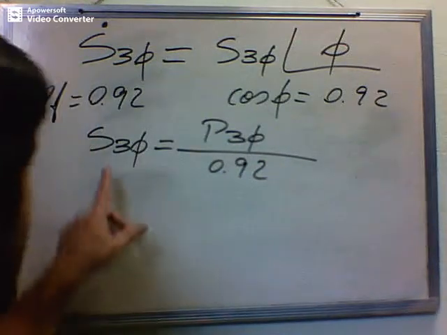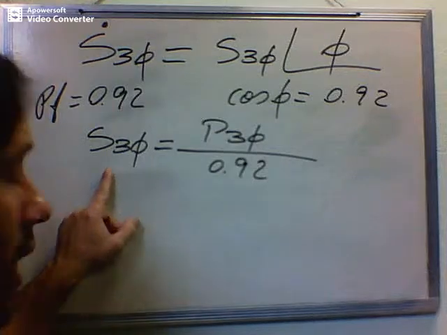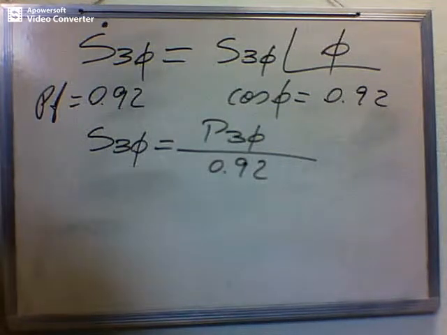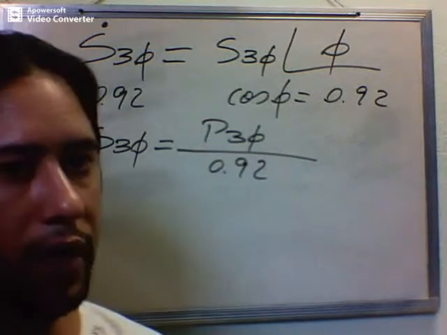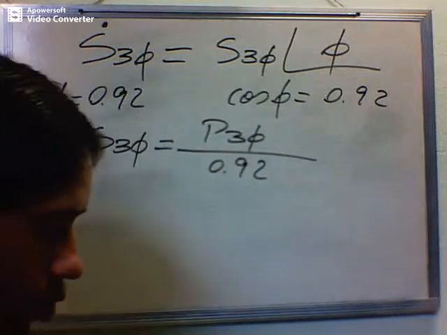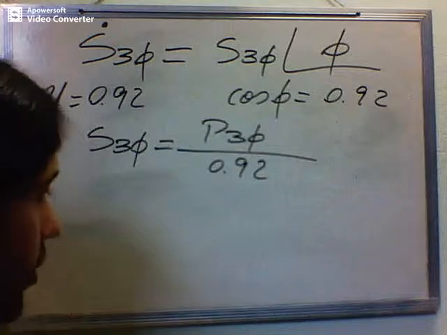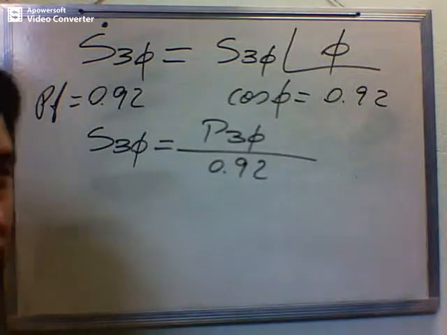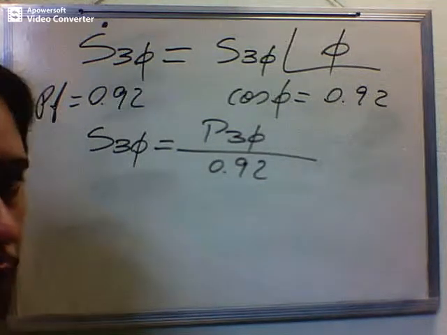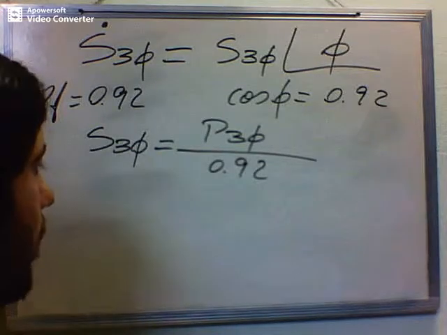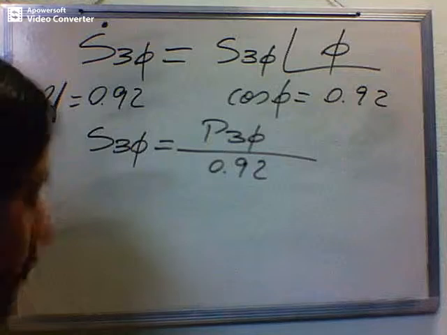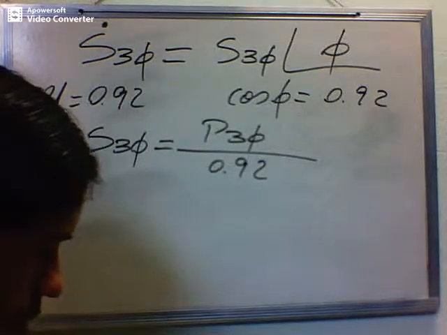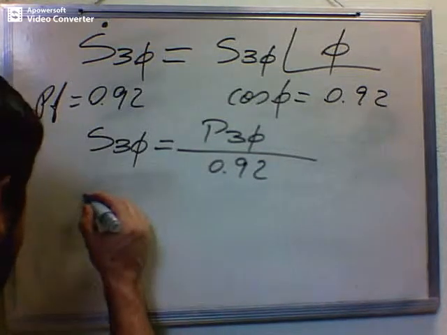This is the way we calculate the apparent power that we need the installation to have. Before I raised the board, I had told you that the real power is 565.68 kilowatts. If we put this value here and divide it by 0.92, what we get is the apparent power,